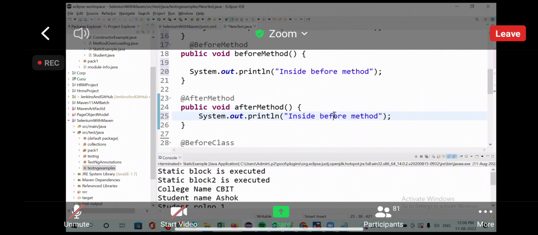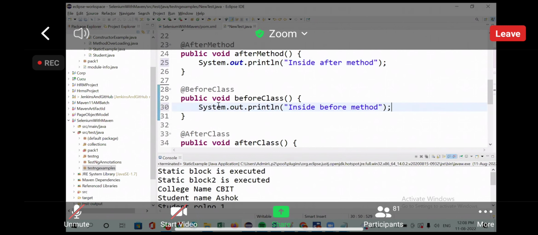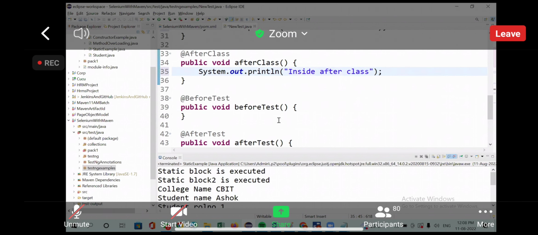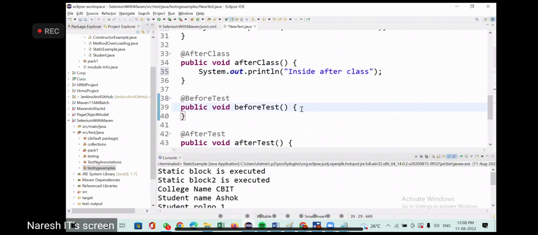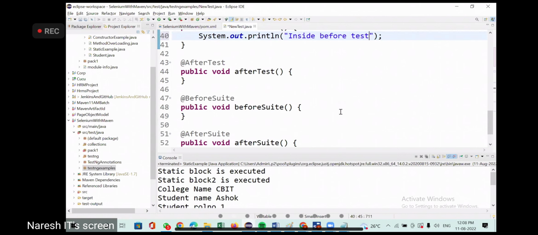This would be inside after method. This would be inside before class, and this would be after class. This would be before class and this would be after class, and you will have before test, inside before test,